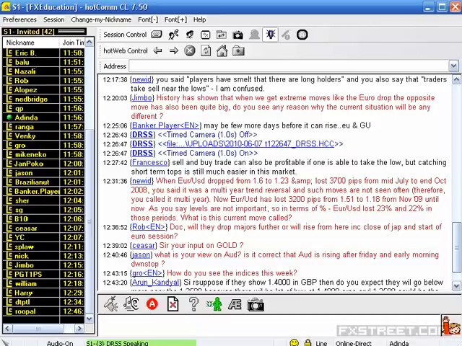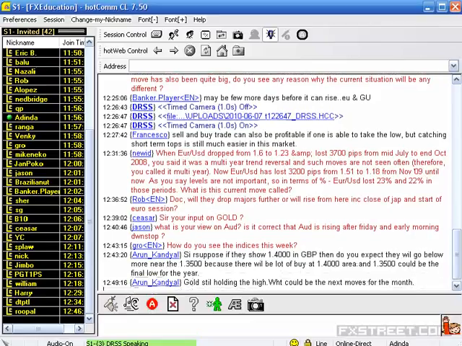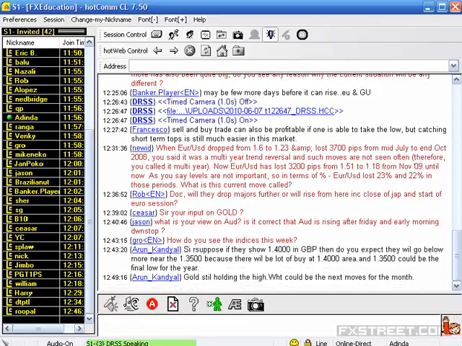Now, Euro has lost about 3,200 pips from 1.51. No, you are mistaken. The year-end closing was around 1.42. From there, Euro has dropped. And for this particular year, if you try to compare it with the season high and the season low, you will only become panicked and really worried. It has dropped about 3,200 pips, but that is not true. And to 1.18 now, November 2009 until now.